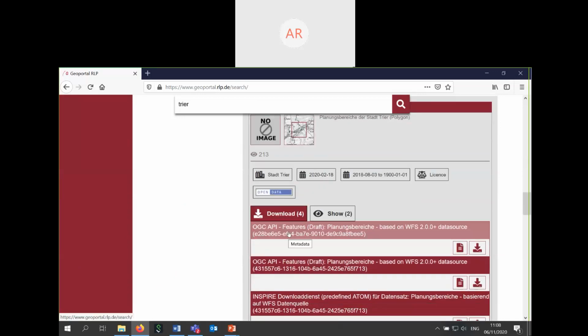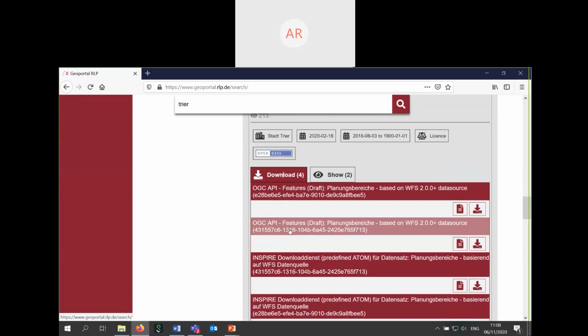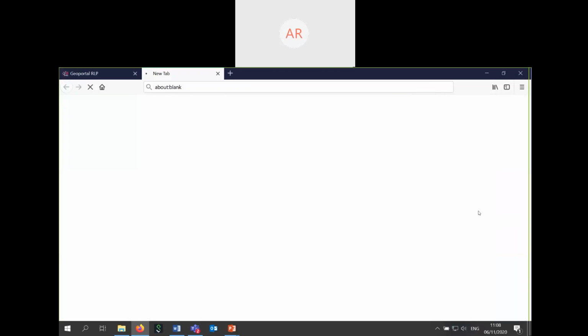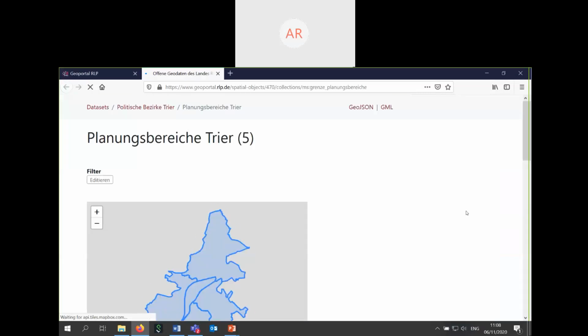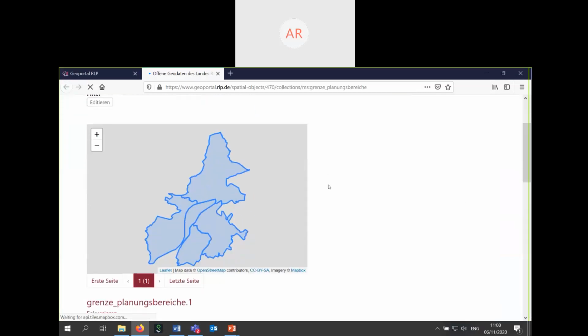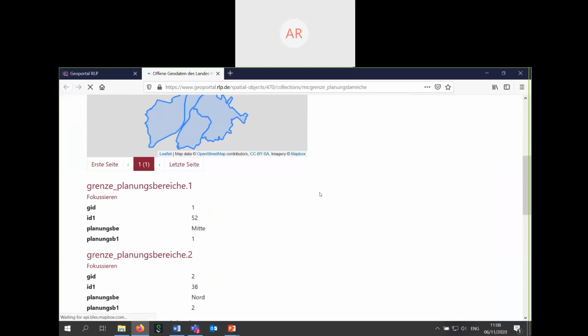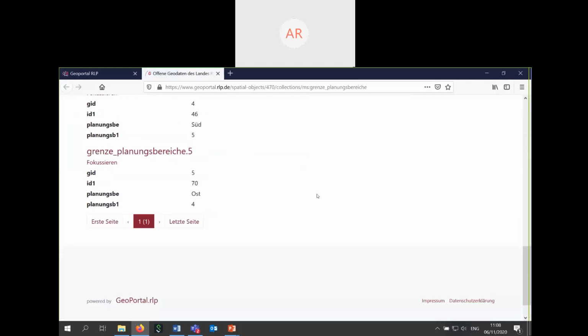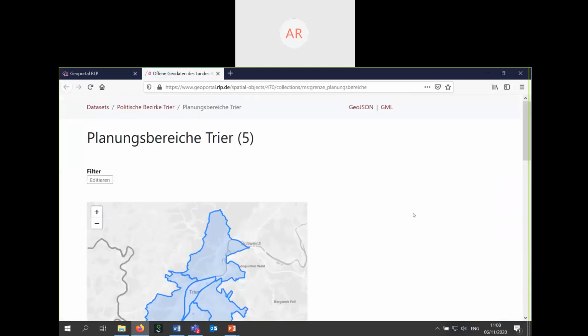Now you see the integration in our OGC API Features draft. If you click on the right side symbol for download the data, it will open in a new tab. And then you have the OGC API Features interface opened directly.